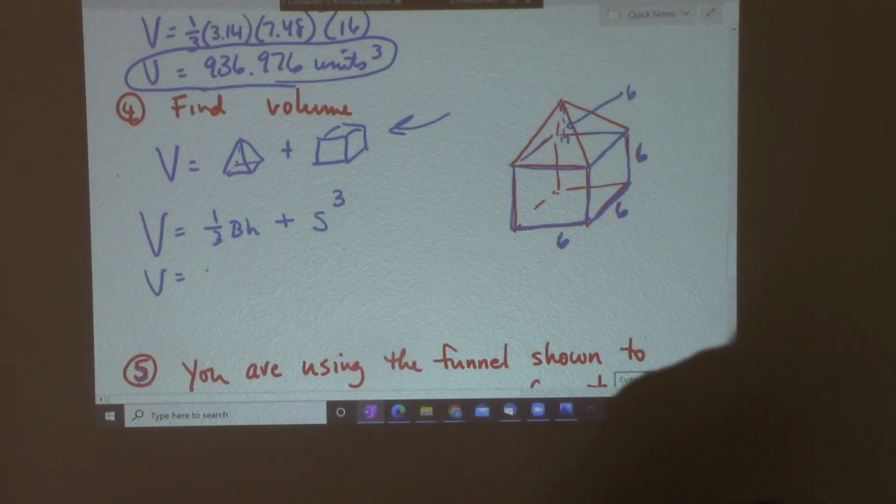So I'm going to have 1/3. Now, what's the base area? Well, I have a square. So that's going to be 6 times 6, which is 36, right? My base area of my pyramid, it'll be the same as the base down here. If this is 6, then this is 6. And if this is 6, then this is 6. So here's my base area, right? Does that make sense? 6 times 6 is 36. And then the height